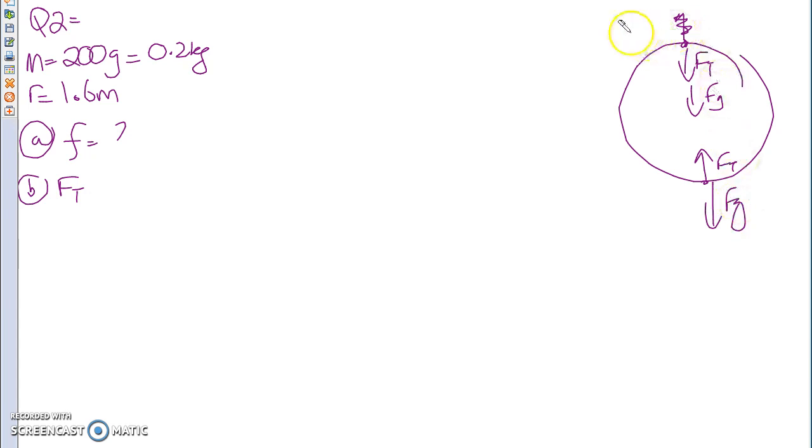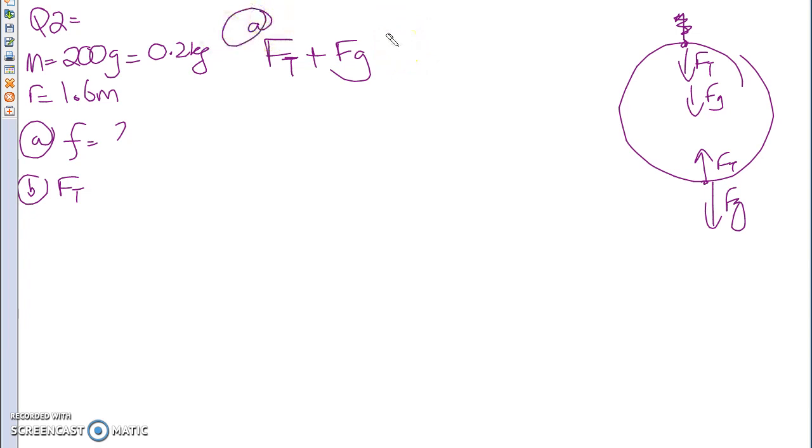So what we said was, if my object is moving at a minimum velocity, then what is 0 at the top? Ft is 0. So my tension at the top is minimum when I'm moving at a minimum velocity, and that minimum being 0. So Ft plus Fg,